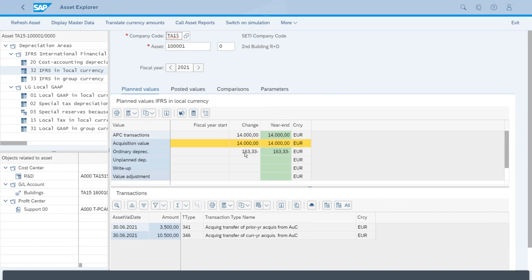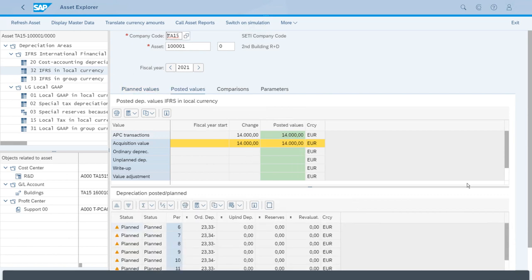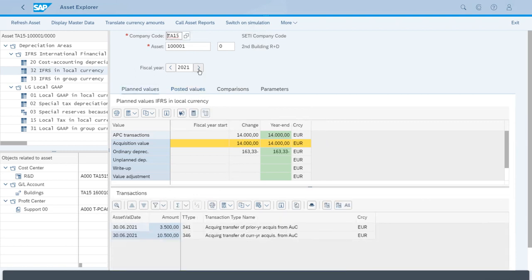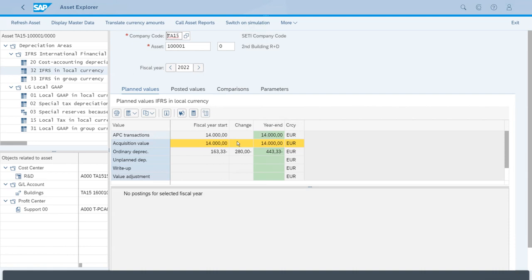The same happens with the depreciation, if we compare this to the other building that we just checked. Of course, the value for the depreciation is much lower, just because the APC value is also lower, and just 6 months, from June onwards. And if we go to the next years, we have the full depreciation amount for the complete 12 months,